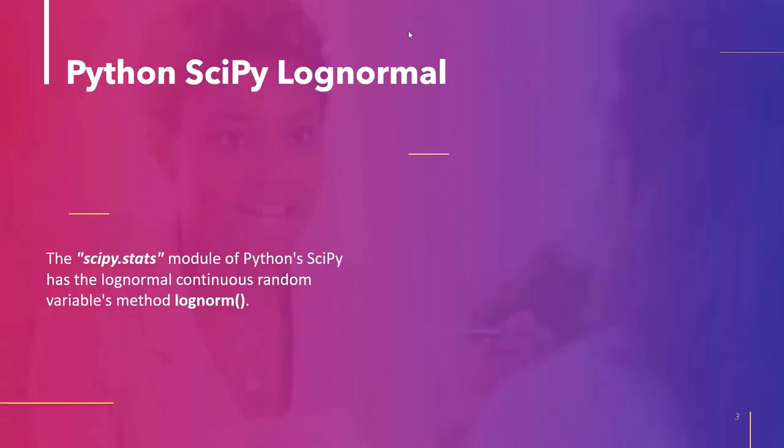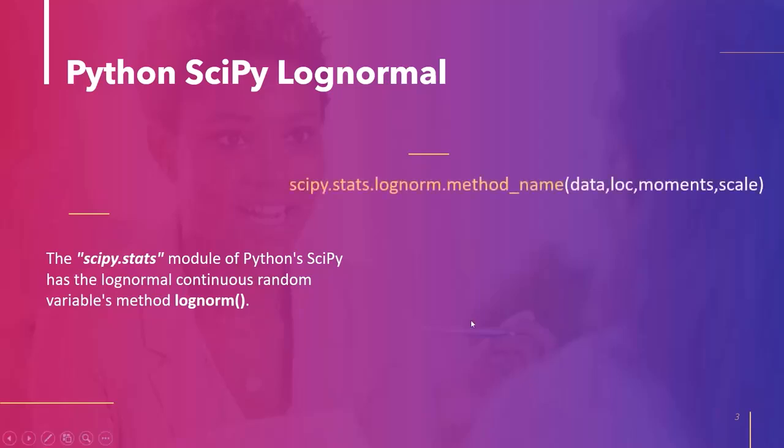So what is a log normal distribution? In a related normal distribution, logarithm values are statistically distributed as a log normal distribution. With the use of related logarithmic calculation, a log normal distribution can be converted into a normal distribution and vice versa. Python SciPy has a method lognorm in the module scipy.stats, which is a continuous random variable that is log normal. The syntax of the method is as follows: